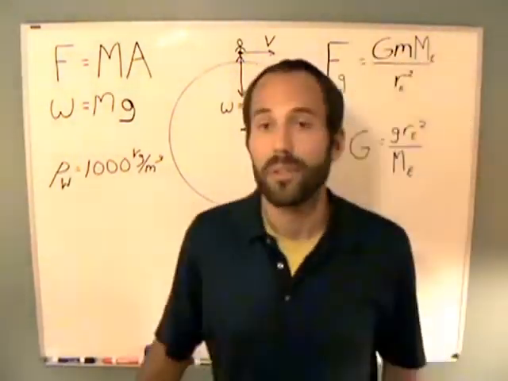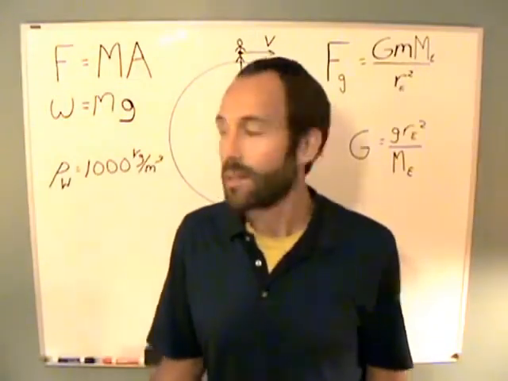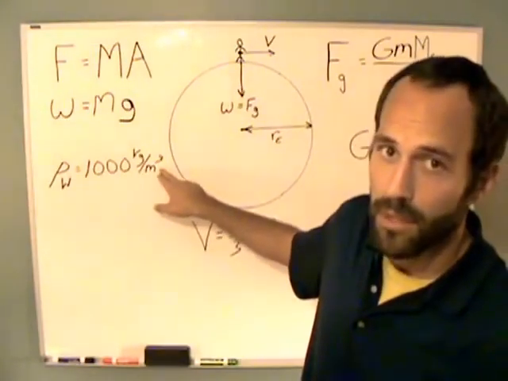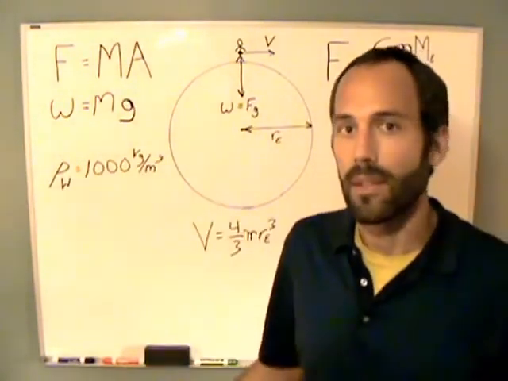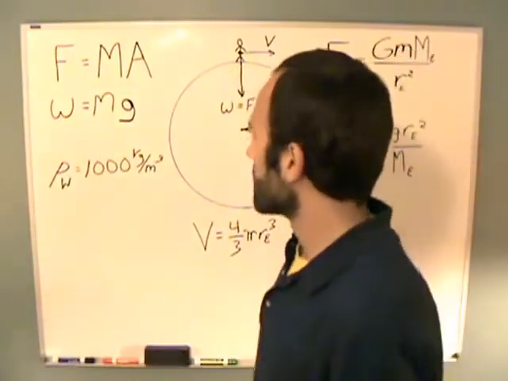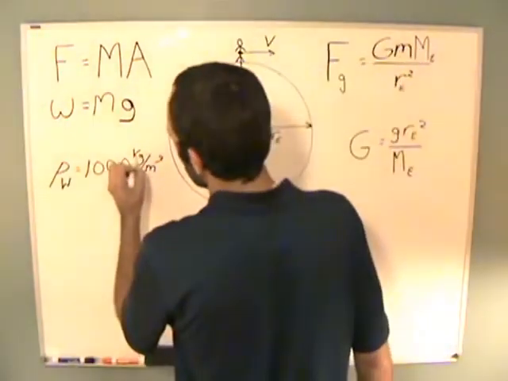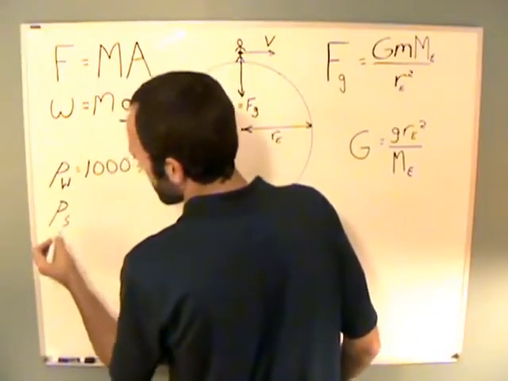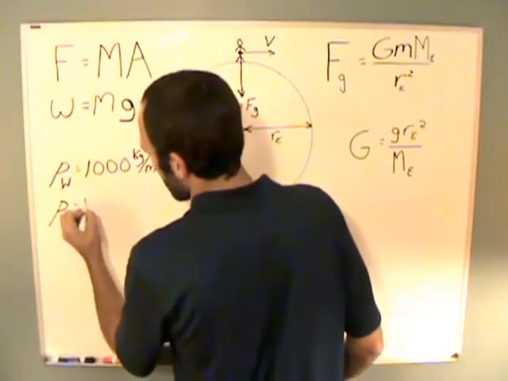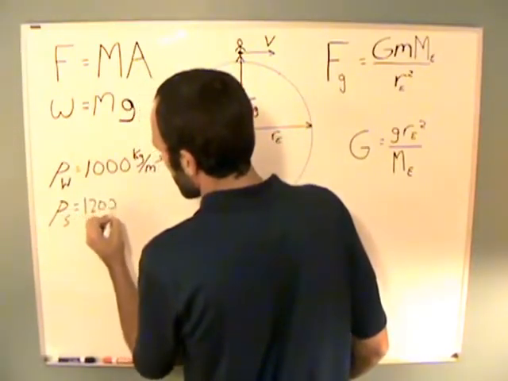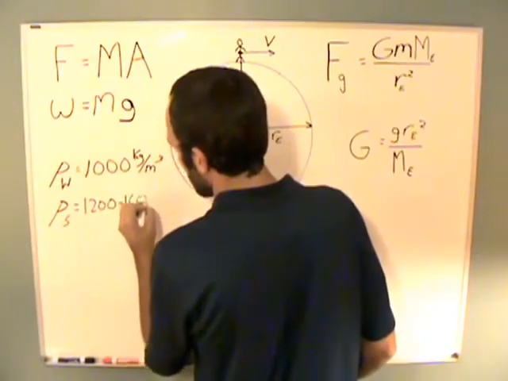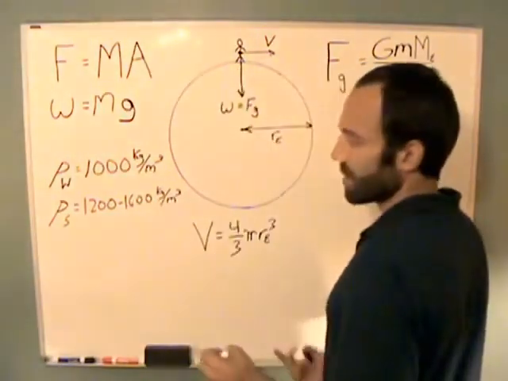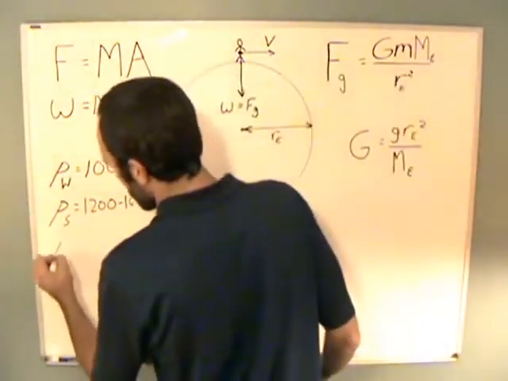If you have something that holds 2 cubic meters of water, you say the density of water, 1,000 kilograms, times 2 cubic meters. You see the cubic meters would cancel. You get 2,000 kilograms is how much it would weigh. Okay. So you definitely know the density of water back then. You definitely know the density of, let's say, sand and soils, which is roughly 1,200 to 1,600 kilograms per meter cubed. And they definitely knew the density of iron,